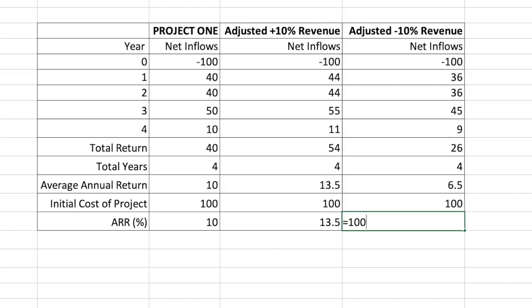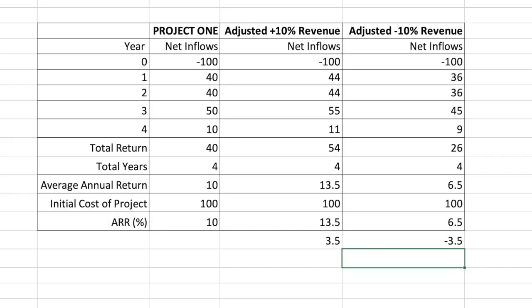And that means that the ARR, if revenues are 10% less than expected in forecast, will simply be 6.5 divided by 100, and that of course is going to come back to 6.5%. So we can see that if 10% higher revenues happen, then we're going to get an extra 3.5% on ARR, and if 10% less revenues happen, we're going to get minus